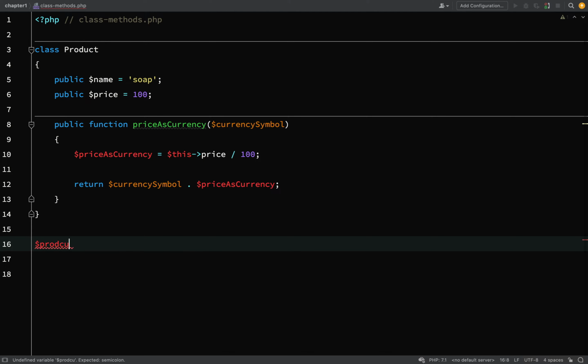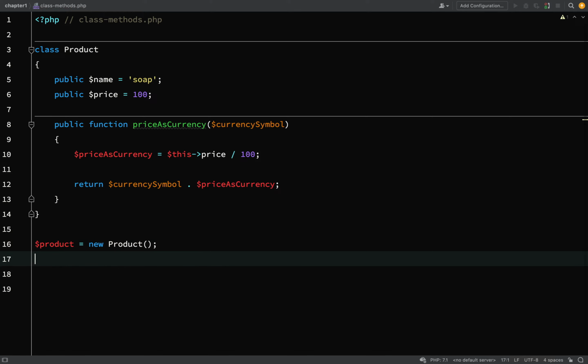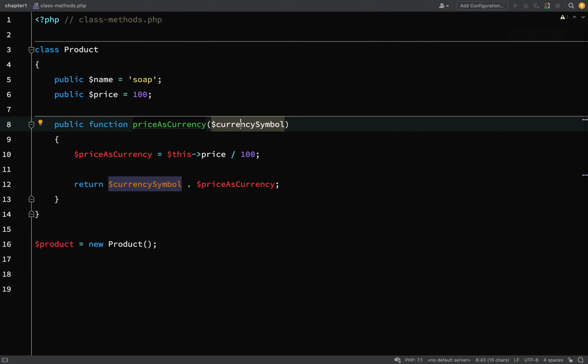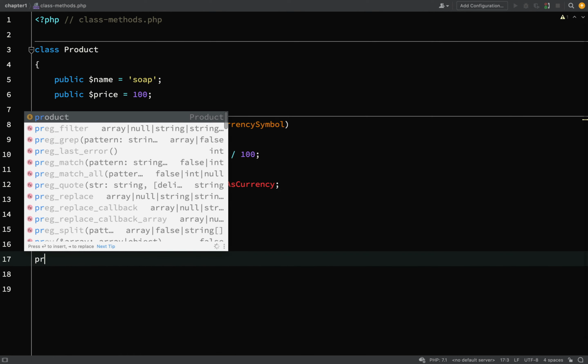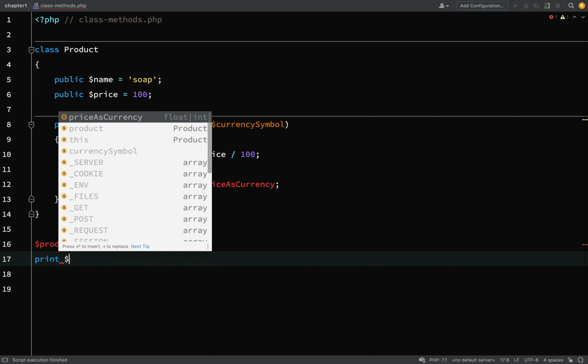Okay, so let's create a product, and by now you'll know how to do this in your sleep. So product equals new product, and then we'll call the price as currency method, and we're going to print it as well, because we're going to add a string to the front of this, so our currency symbol will be in string format, and because we're concatenating something which is in string format with something which is numerical, the whole lot will become a string, and so for that reason we can actually print it out using print. So print product,